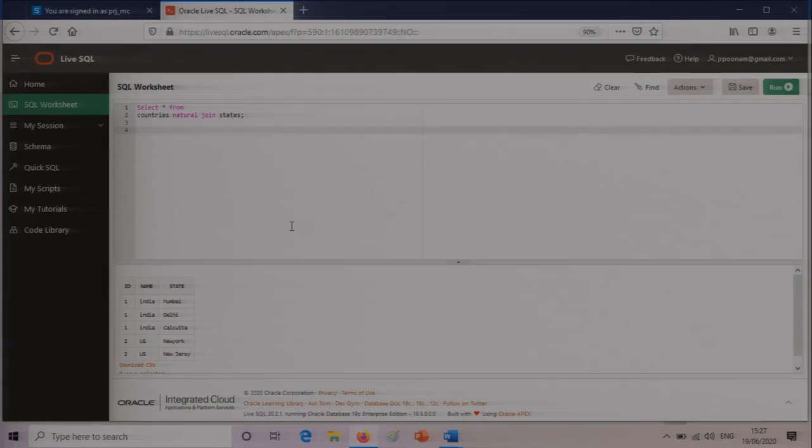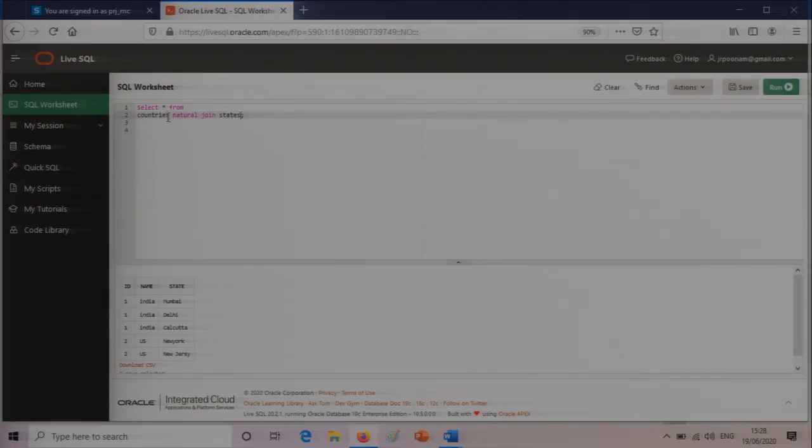So hope you have understood this. In case you are having any trouble understanding the syntax, it simply goes: select whatever you want to select, as in a simple select statement. You can select particular columns, or if you want to select all, as I have written here, it will be star from the first table, then whatever type of join, and then the next table.